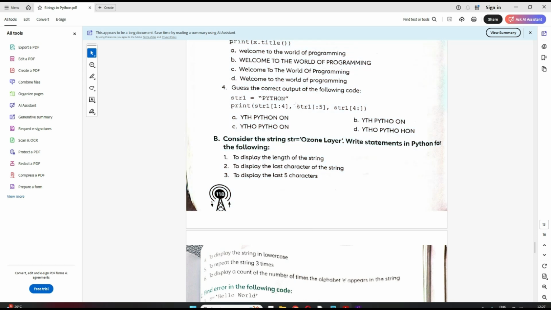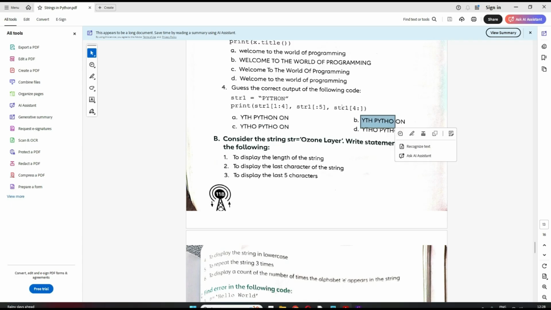Now let's see the second one. In the second one, the start is blank, nothing given. So by default it will take 0. So from 0 till 4 it will go, right? So 0, 1, 2, 3, 4. So till here. So that means out of these two options, this is wrong, right? So it will be this one.